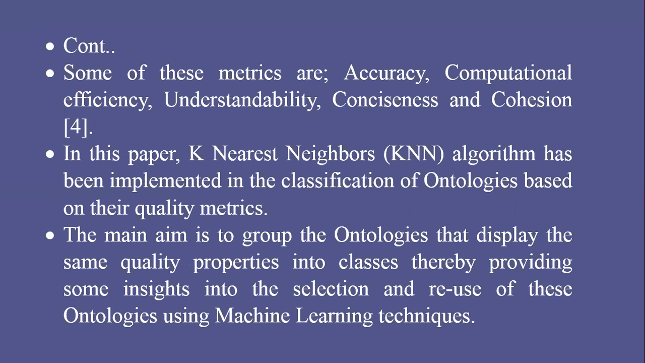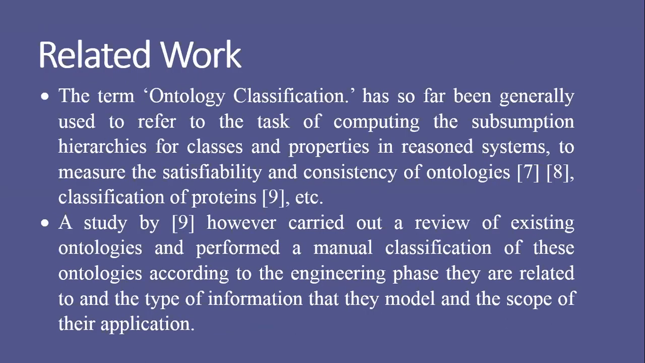In this paper, the K-nearest neighbors algorithm, which is a machine learning algorithm, has been used to classify ontologies based on their quality metrics. The main aim is therefore to group these ontologies that display the same quality properties into classes, thereby providing some insights for ontology users and ontology developers into the selection and the reuse of these ontologies by the use of machine learning techniques. Some of the related work on ontology classification has only been